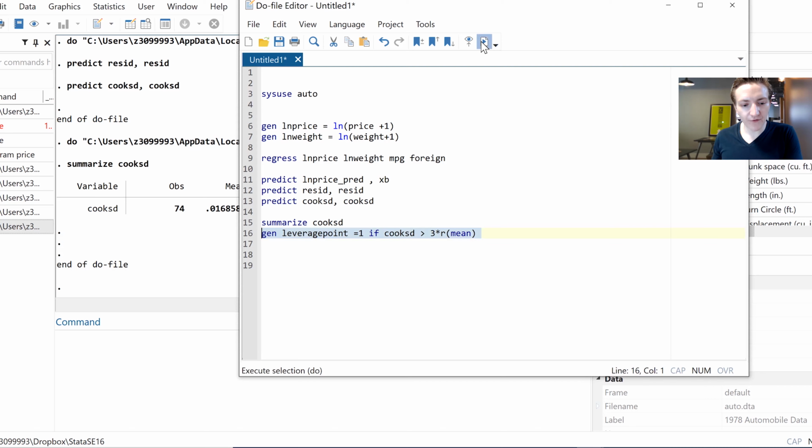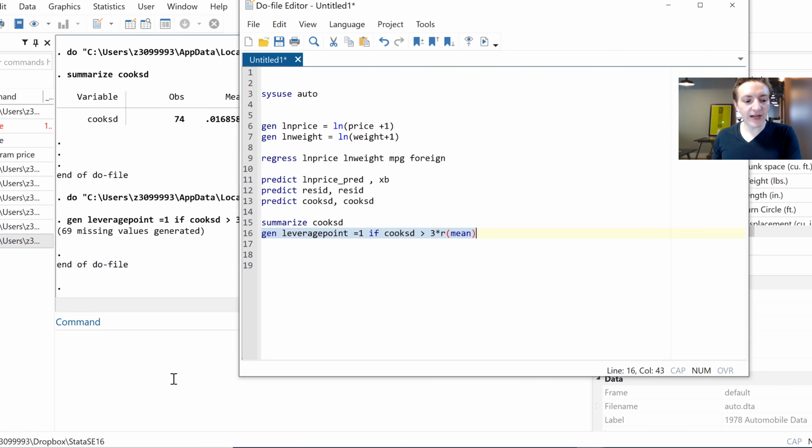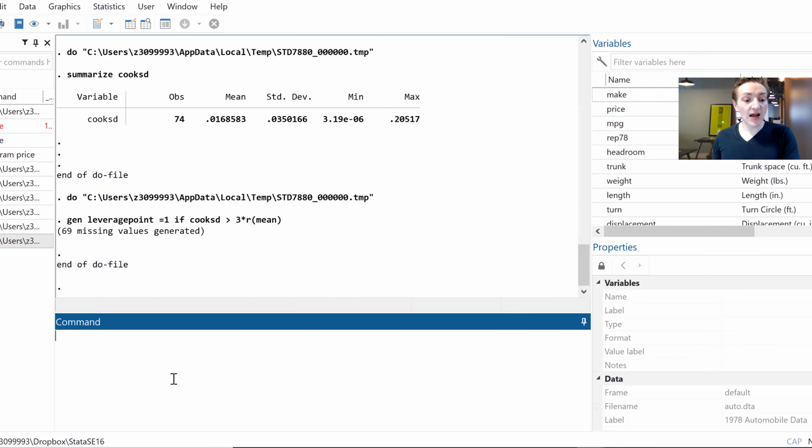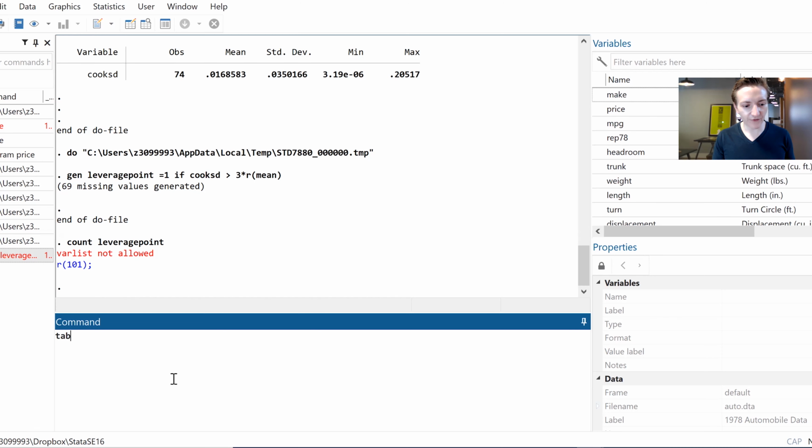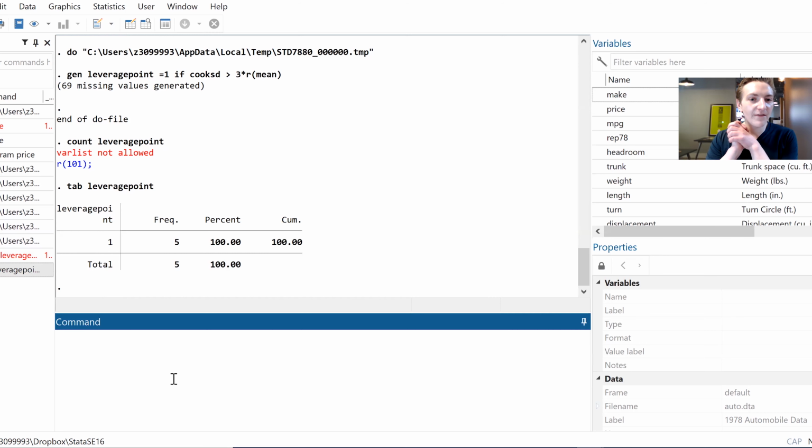So I'll generate that leverage point indicator, and then we can see that there are 69 missing values, and we can count up how many leverage points there are. So what I'll do is I'll go tab leverage point, and this will tell me that there are 5 leverage points here, or 5 potential leverage points. So when we've got 5 potential leverage points here, this tells us that some of those might be outliers. I would not necessarily automatically exclude those, but they're things that you might want to investigate. So for example, we can browse if leverage point